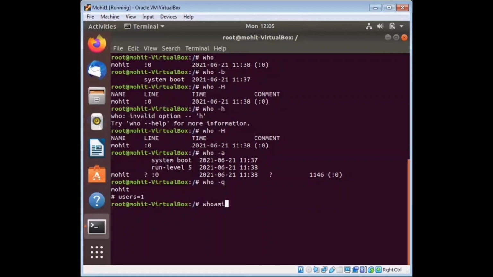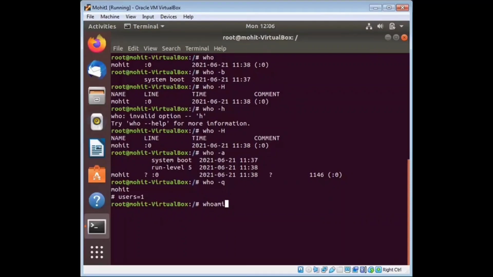The syntax of whoami is just type whoami. The description of whoami is to print the username associated with the current effective user ID.